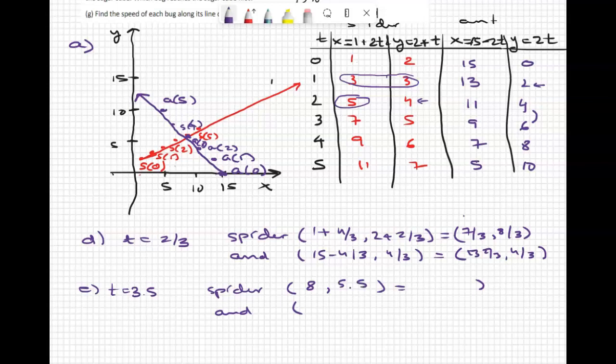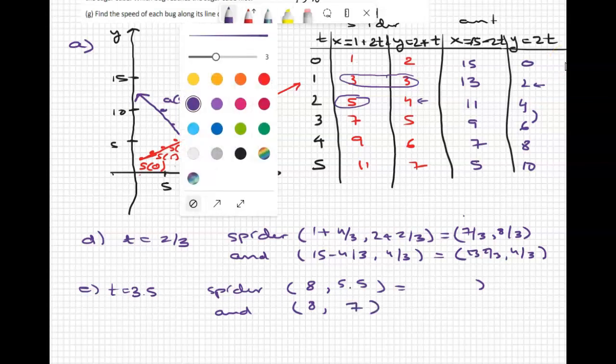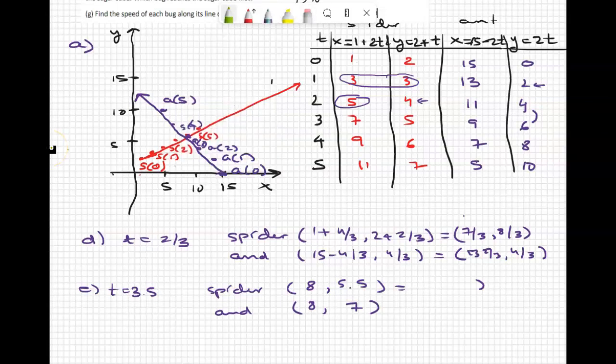And here, 15 minus 7 is 8. Good. So we need the x-coordinates to be the same, because that's where we came from. So when t is 3.5, the spider is at 8 and 5.5 here,